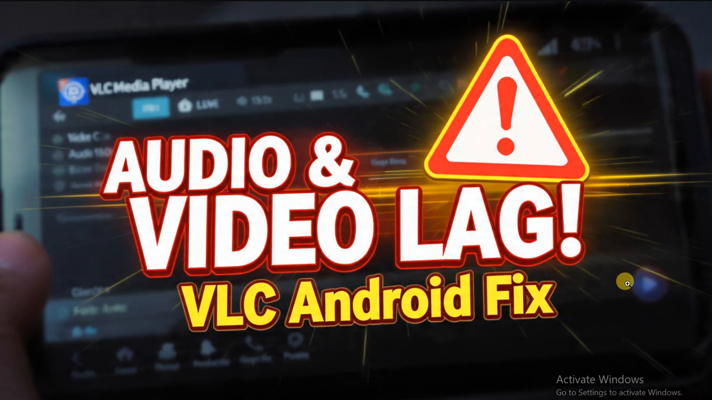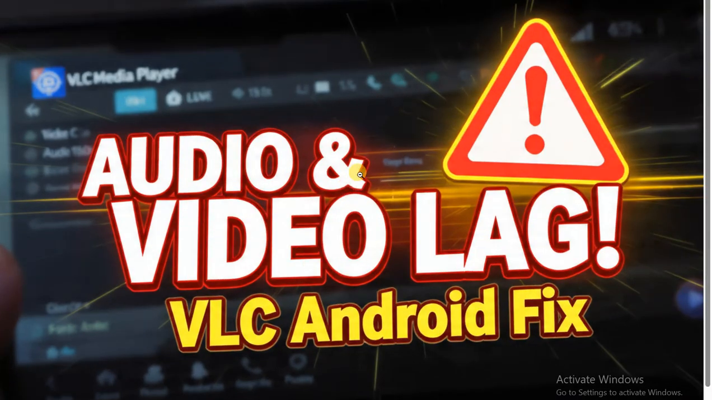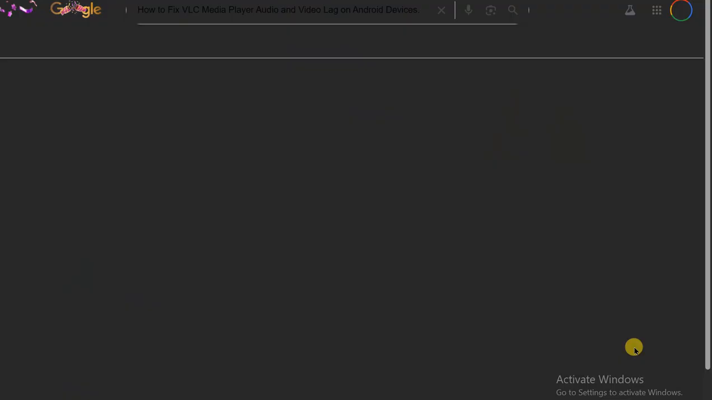This is a final video to fix VLC Media Player audio and video lag on Android devices. Are you struggling because VLC keeps showing videos out of sync, with the sound delayed or choppy? This usually happens because the app's cache gets overloaded, hardware acceleration causes conflicts, or the media file format isn't handled